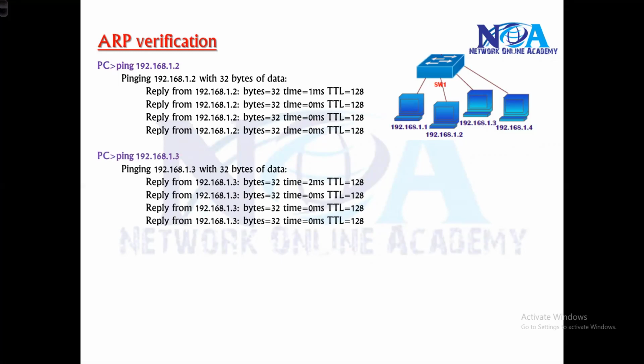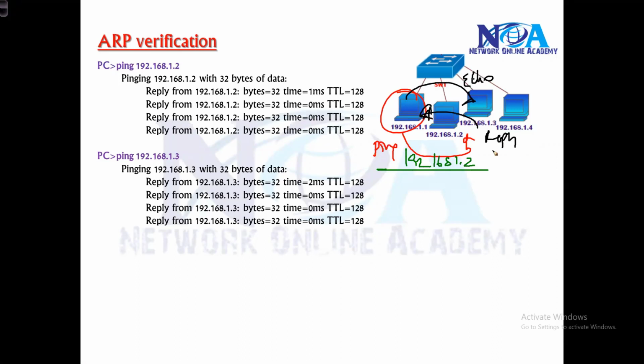When we do a ping command, we send a ping to this IP. So when I generate a ping request from this device to any other device like 192.168.1.2, we discussed that it is going to send out an echo request message to 1.2, and that is going to reply with an echo reply message. So the ping command is used to test the connectivity, or you might be accessing some web service, you might be accessing some FTP service, it can be anything.